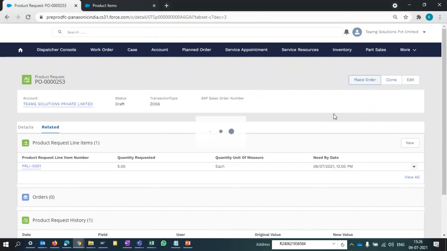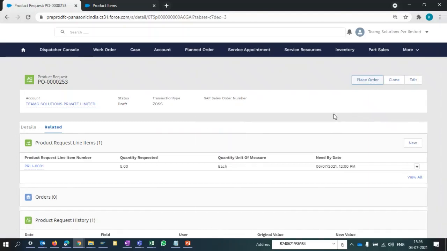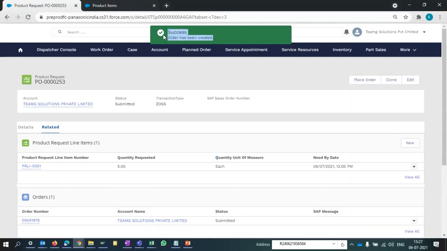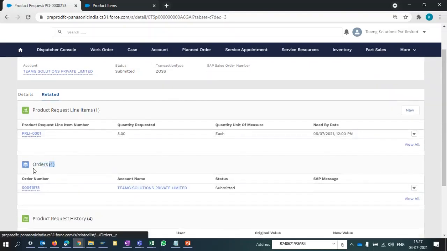Once you click on place order, it will show a message in Salesforce: order has been created, right? Once the message comes, you can see in the order section, order lines are getting added.